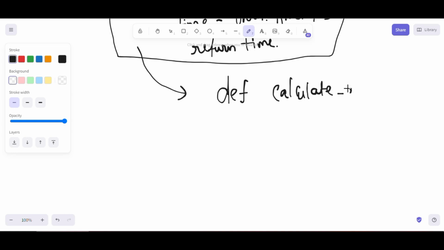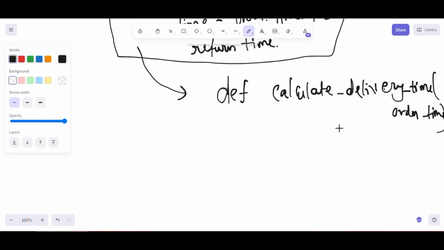Whatever the sector is, this will happen. Calculate delivery time. You write it like this, not as an order time. Then simply write order time plus delivery buffer minutes.